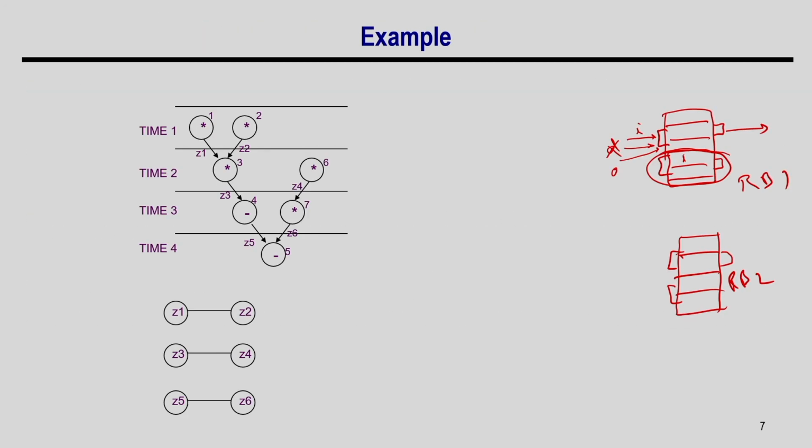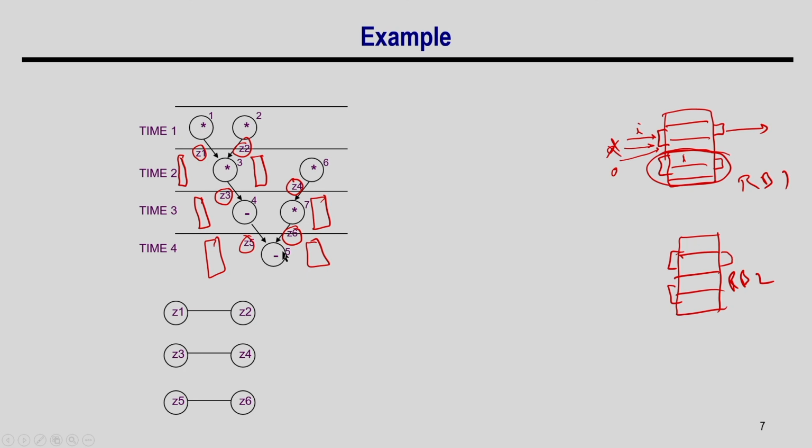So, let us take the same example that I have taken earlier. This is my schedule graph, right, and I am trying to map these variables Z1, Z2, Z3, Z4, Z5 and Z6, right. These are the 6 registers I try to map. In my earlier case, when my registers were spread over the hardware, we identified the lifetimes: Z1 lifetime is this, Z2 lifetime is this, Z3 lifetime is this, Z4 lifetime is this, and this is the Z5 and Z6 lifetime, right.